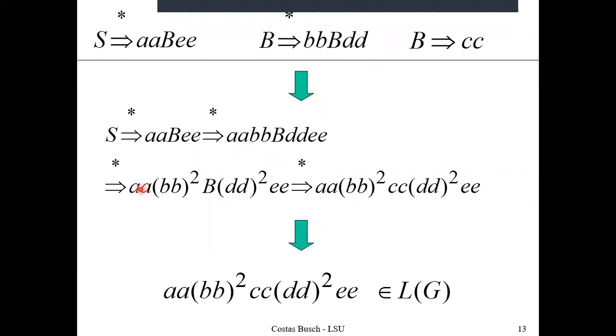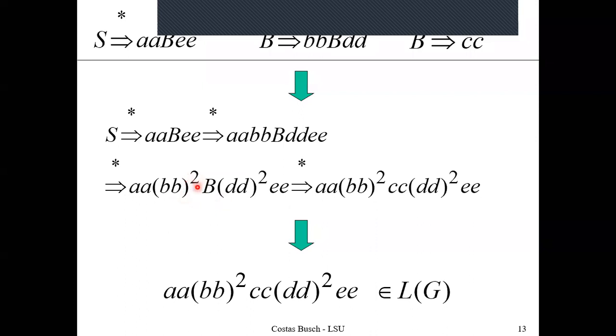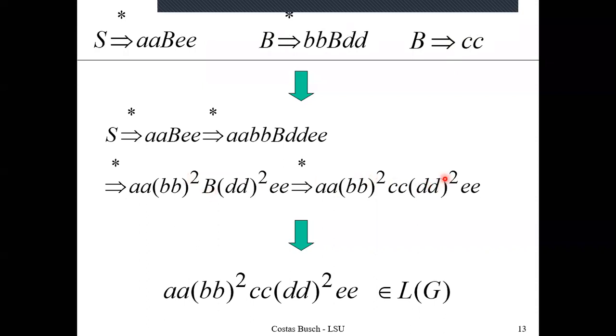So that would make a square b square whole square, and then b into d square whole square e square, and so on and so forth. And finally, if I want to terminate this derivation, I would have to use some substring of terminals, which is the c square in this case. So b is going to give me that thing with me.